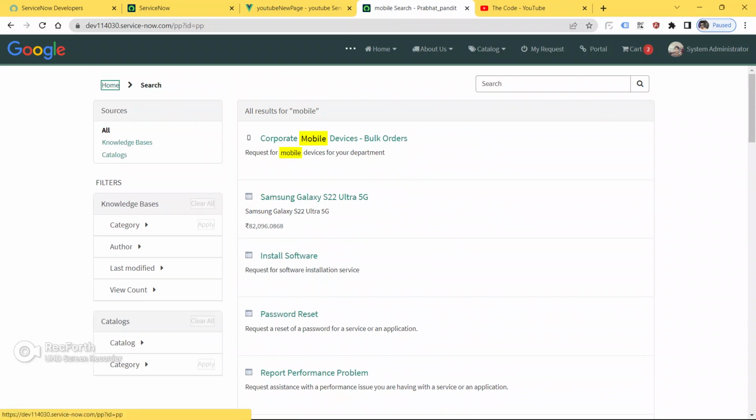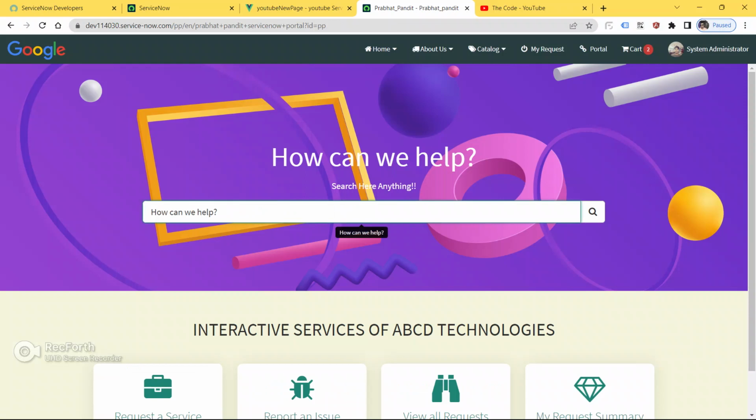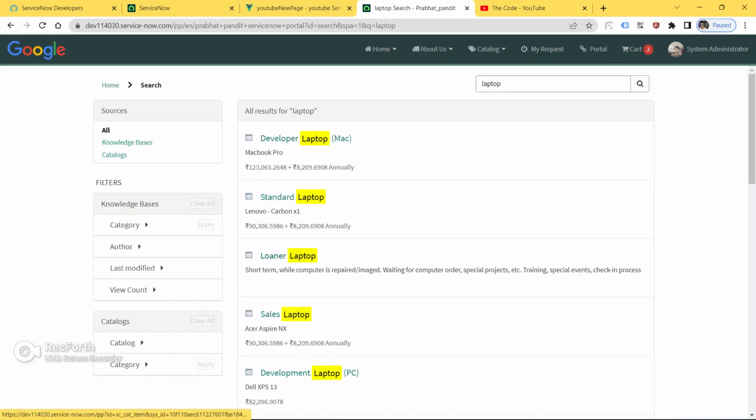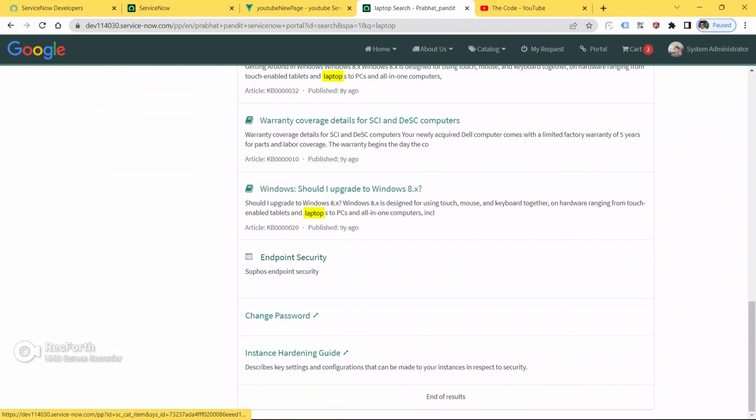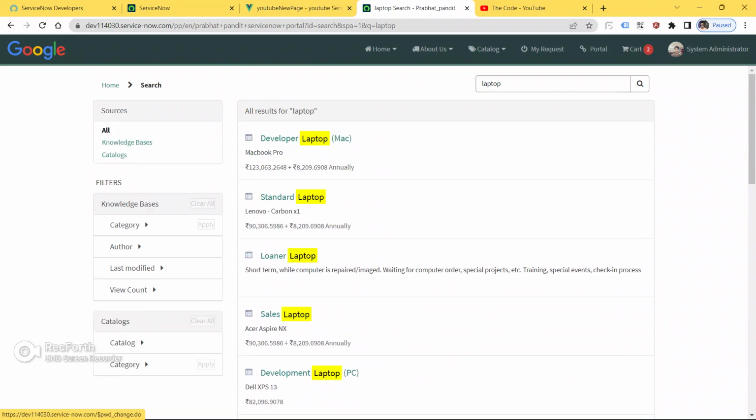Okay, so let me go back and let's search something different. Click on the laptop, search now. See guys, we got this much of result from the previous search guys. Okay, as you can see, this is the end of result. Okay, so now we can order something from here.